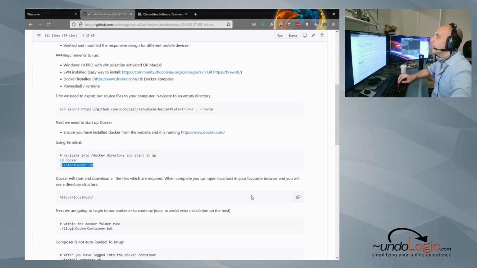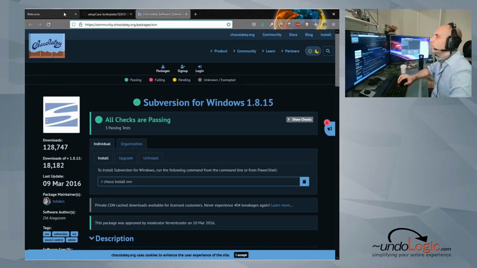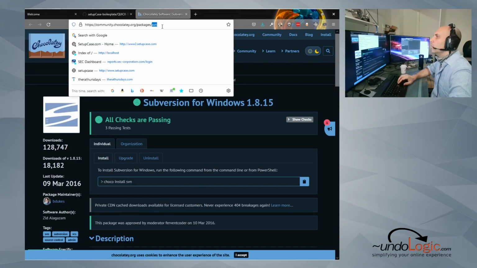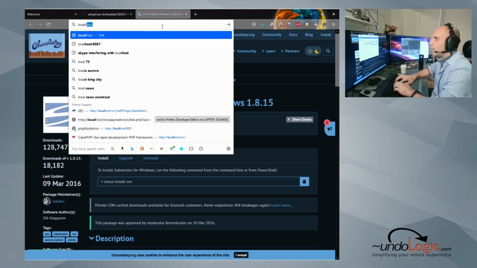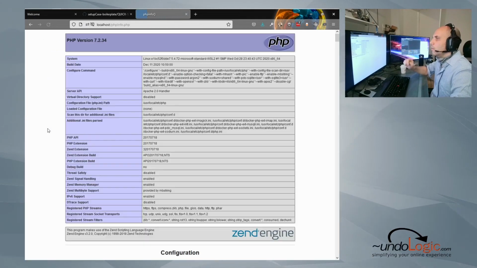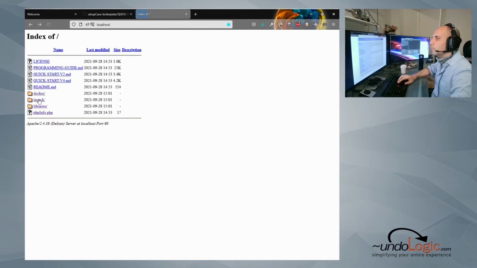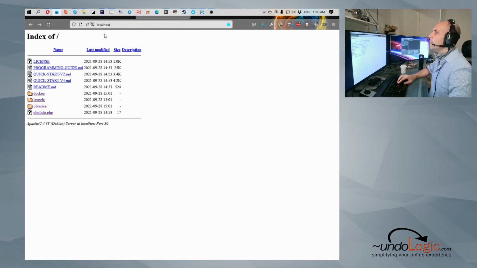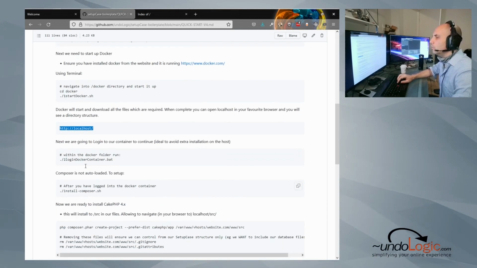Okay, now we're going to navigate to, as you can see here, after we did this, it's right away go to localhost. So just go to your browser, make a new window, just type localhost, and you can see we're up and running already. It's PHP version 7.2. This is already running in your browser, but we don't have any project files yet. So the next step is to install